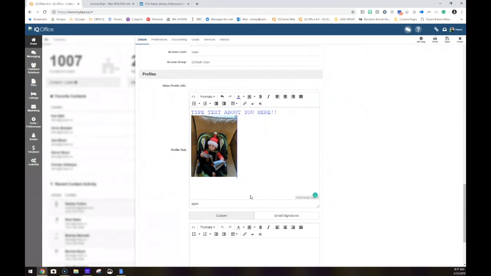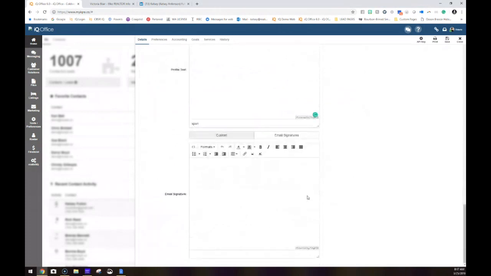So I can upload my photo there. If I want to erase it, I just highlight over it and hit the delete key, and it will delete it out of here. As you scroll down, the next section is your email signature. And this is where you can choose your email signature for all your outgoing messages. It's also where, if you're creating material, you can insert your agent's signature and it will auto update for that